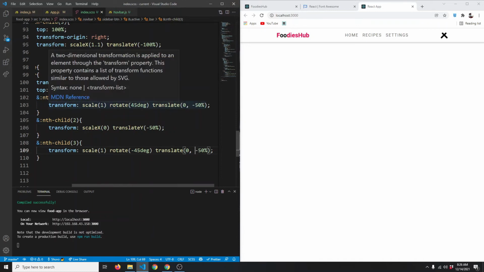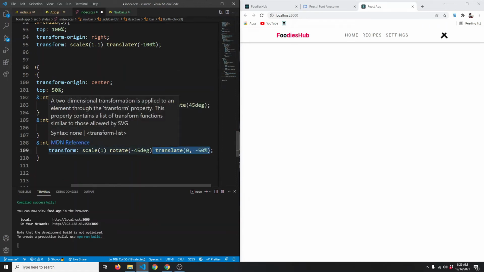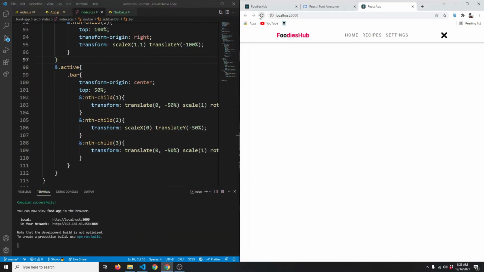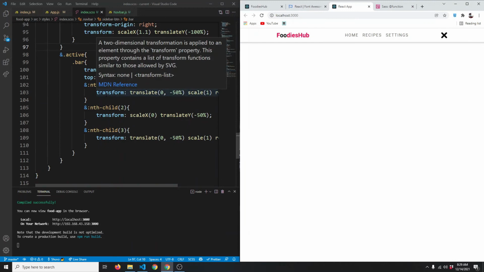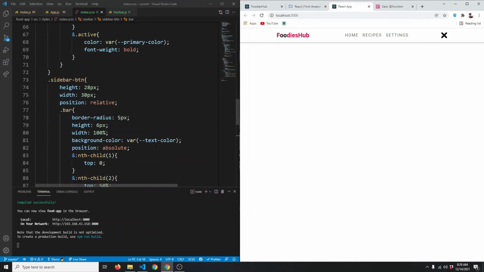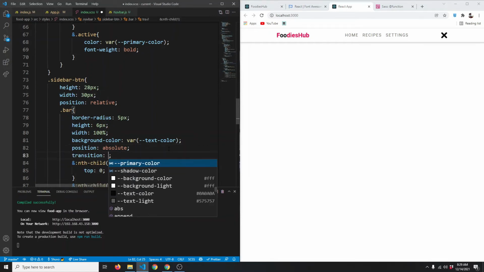Okay, the translate should be before the rotate, so let's cut this. So Control X and paste it here, Control V. Let's do the same for this one, Control X and Control V. Save and click on refresh, and this is how they look like. And now we also want to add some transition to our bars, so we're going to say transition, and the transition will be transform,